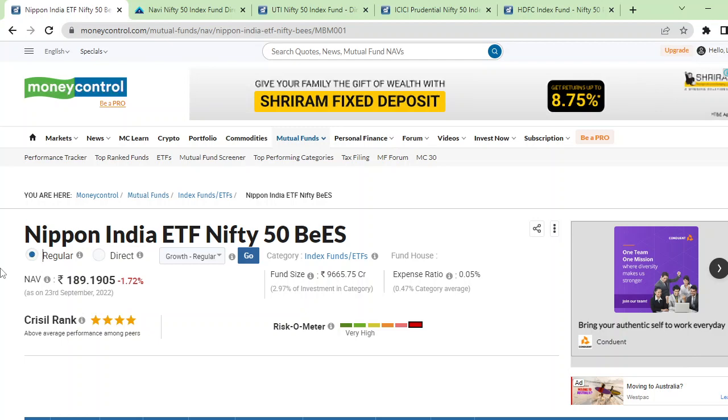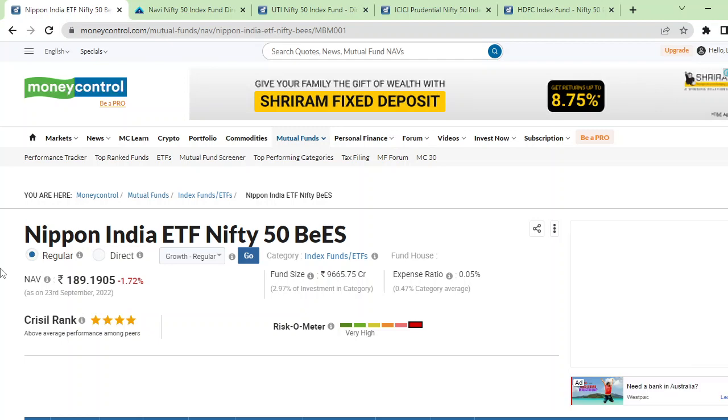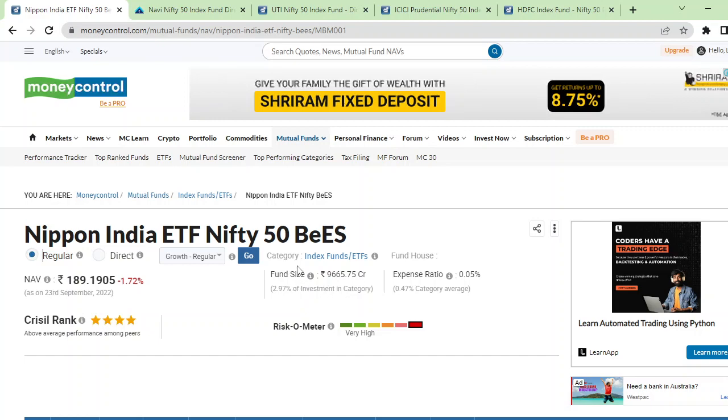The second thing, how I have defined these as the top 5 funds. Basically, I have taken 3 things. One is your fund size or asset under management. Why asset under management? If the fund size is big, take the example of Nippon India Nifty Bees, the fund size is around 9,6657 crores, which is huge. This justifies that the fund has existed for a long period. Second, if the fund size is big, that means more people have invested or have trust in this fund.